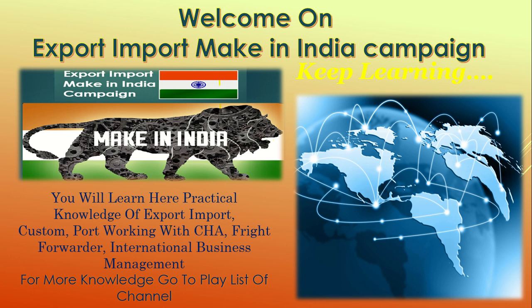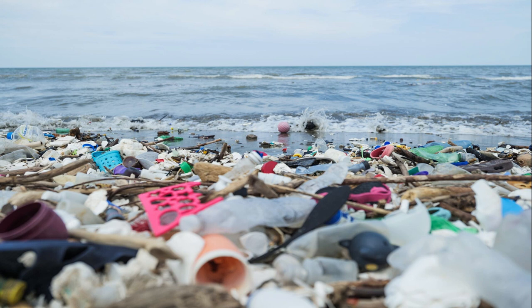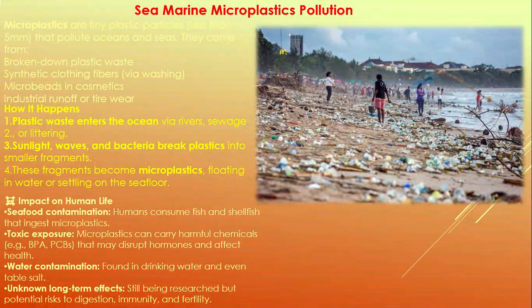Today in the session we will understand our responsibility toward the environment, toward the earth. You know that the single use plastic we are spreading is putting human life in danger, and also the creatures which live in the sea. So how does this single use plastic, in the form of microplastic, become very dangerous for humans and other creatures, for the earth? So what is microplastic?